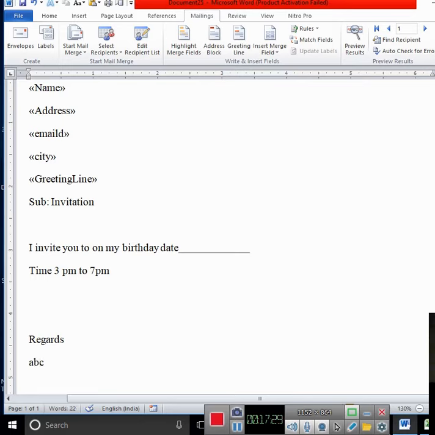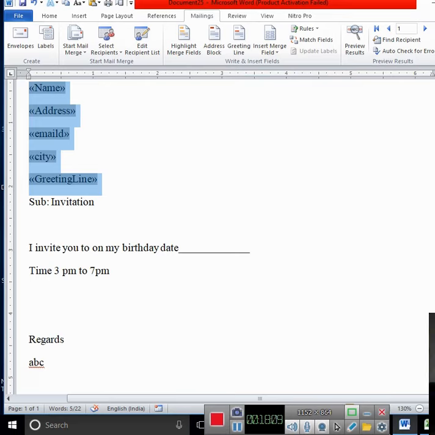Now here we have not written name, address, email ID, city. I have not done anything. Just see at the top of the thing, document 1. So there are two files. The first file is document 1 and another file is address list. We can merge it into single entity and it will create all the letters. How many letters will create it? 4 letters, because we have 4 recipients. If you want to send more than 50 or 100, you can input all the values and send it all the records.